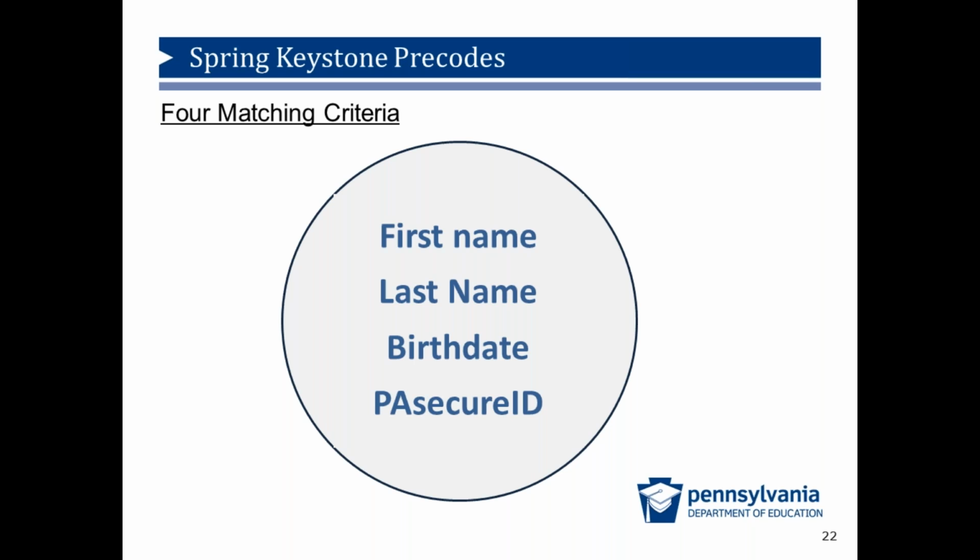It's very important that the four matching criteria, first name, last name, birth date, and PA Secure ID, are correct because these basic data fields identify the student, and this is how the student is initially linked to test results later in the year. This is why there's so much emphasis on getting these fields right. Most of these fields are now part of the DQE rules when you submit data to PIMS. This year, the DQE will check last name, birth date, and PA Secure ID, as well as other DQE rules. Please refer to current business rules on slide 12 to make sure that the student's four matching criteria meet the requirements.